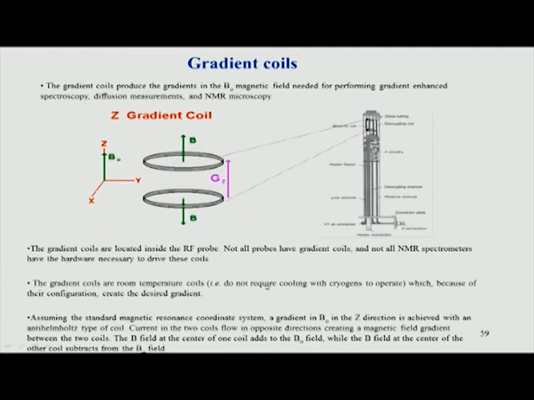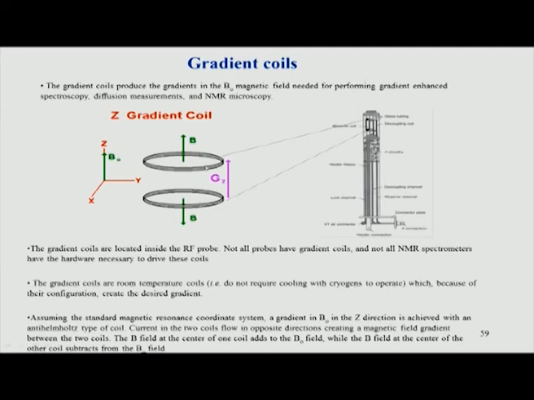There is another important thing called gradients. In MRI we rely on images, so this is mainly helpful in MRI as well as in newer NMR experiments. In NMR experiments we sometimes want to do what is called solvent suppression, water suppression. As we go on we will see this in more detail. There we have a small gradient.